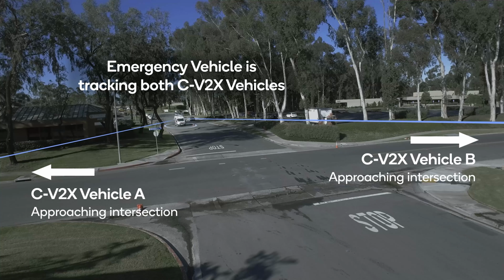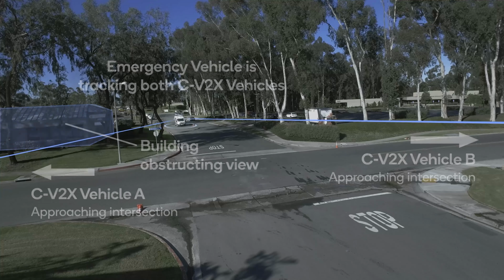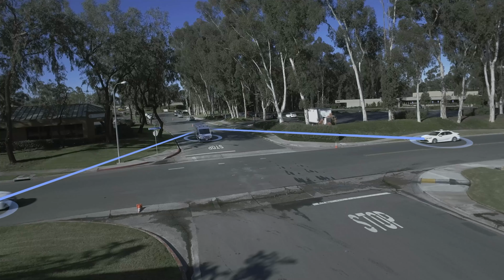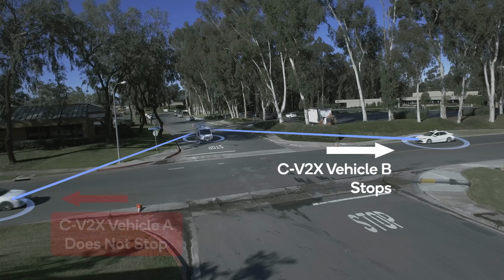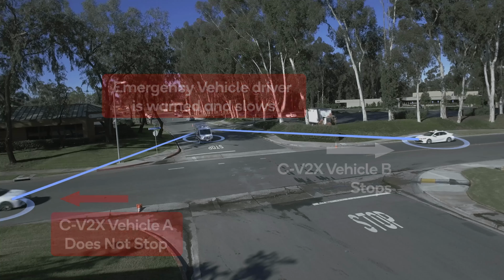We're going to start with the use case where we demonstrate an emergency vehicle approaching an intersection, and there are two other vehicles that are approaching the intersection. And what you can see is that there's an obstruction between vehicle A and the emergency vehicle. By contrast, there's no obstruction between vehicle B and the emergency vehicle, so the radio environment is also much better in that direction. The emergency vehicle is trying to approach the intersection, but vehicle A does not stop at the intersection, so the emergency vehicle has to slow down for vehicle A to pass,